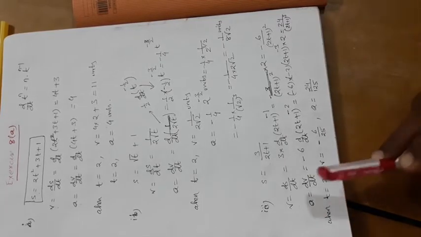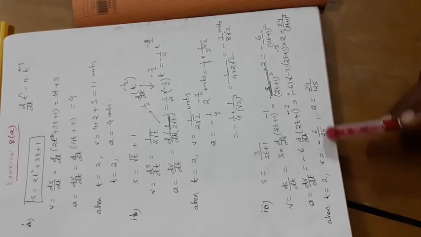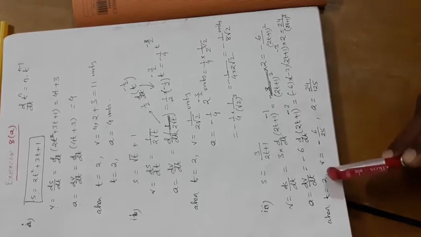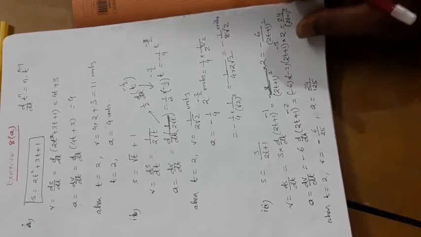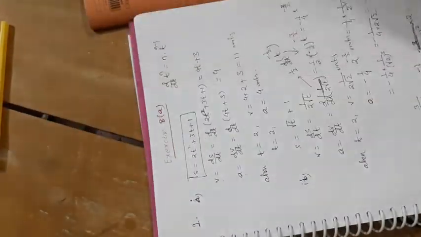When t is equal to 2, put the value here, you get the velocity, and when t is equal to 2 you put it in the acceleration, you get 24 by 125. Okay, now